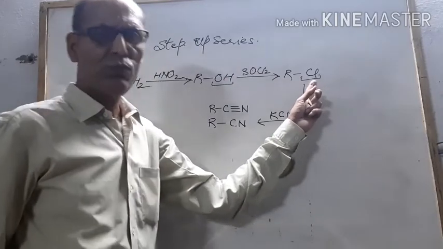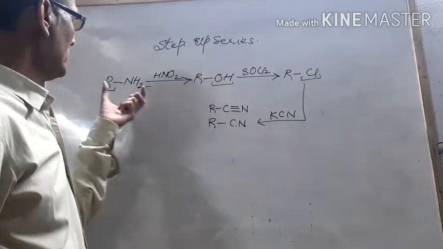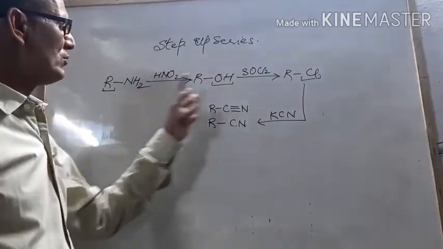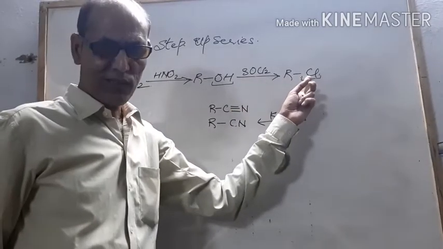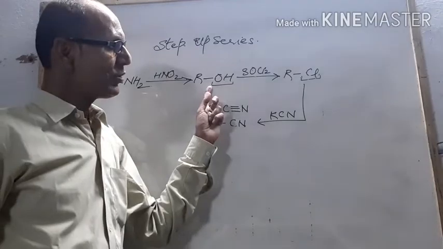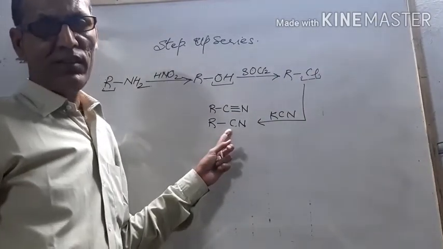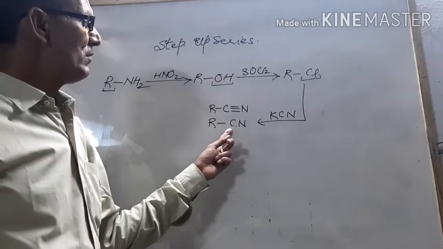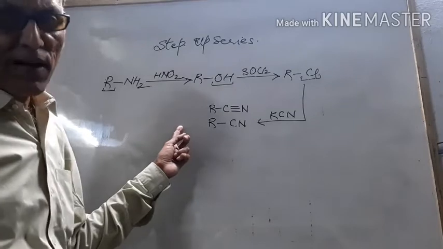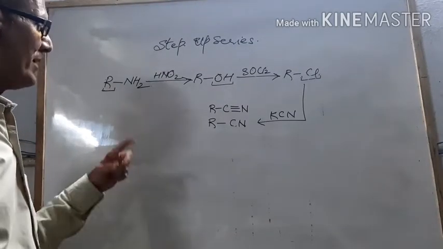So dear student, this is the important step, and this is how you get it from the alcohol. You must not jump any step. You may think you can convert directly, but if you write NH2 directly with SOCl2, you will not get this. First you have to convert amine into alcohol, then alcohol into halide, then halide to cyanide. Then we go where we want to go. Suppose you want to form an amine, that is, one amine to another amine with one more carbon.